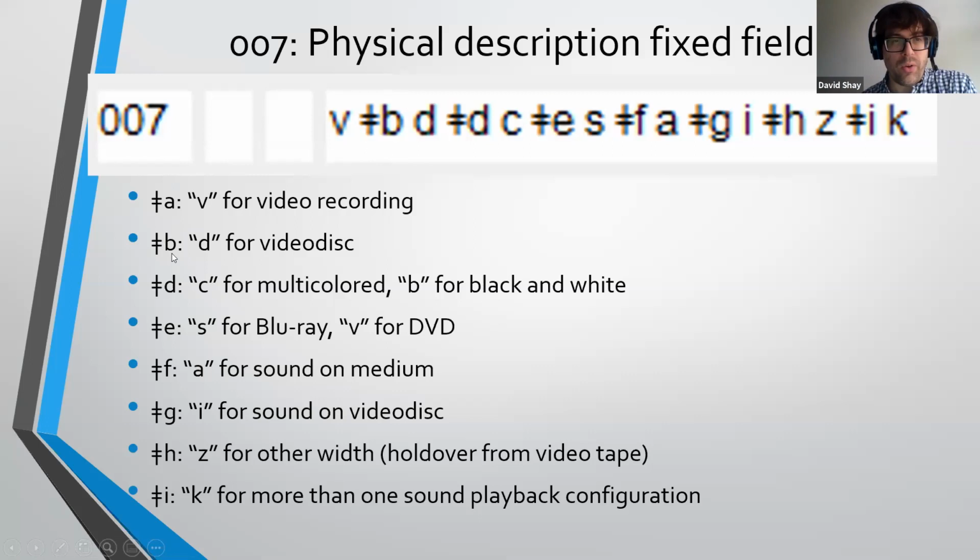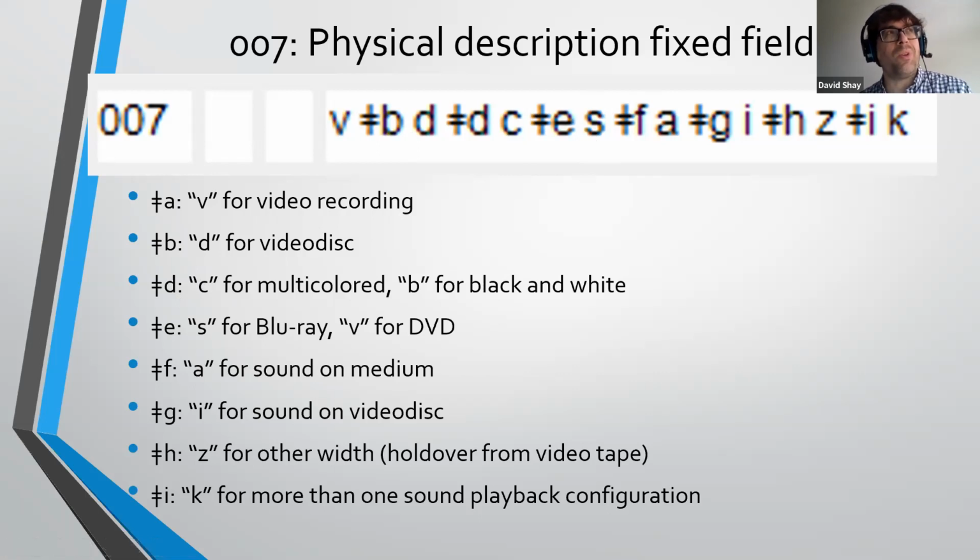All right, so your next subfield is B, D for video disc. Subfield D, C for multicolored, B for black if you have a black and white film. E, here we have S for Blu-ray, V for DVD. So this is S. If it was a DVD, we could use V. F is A for sound is on the medium. So if you had